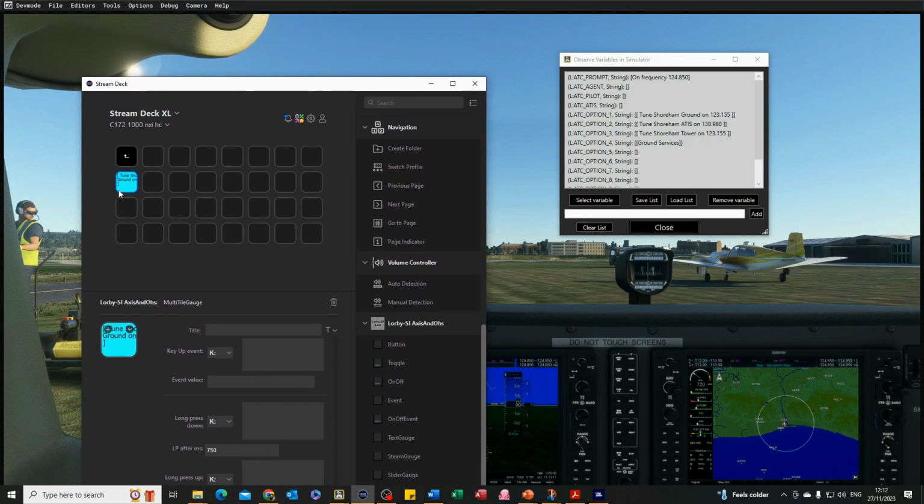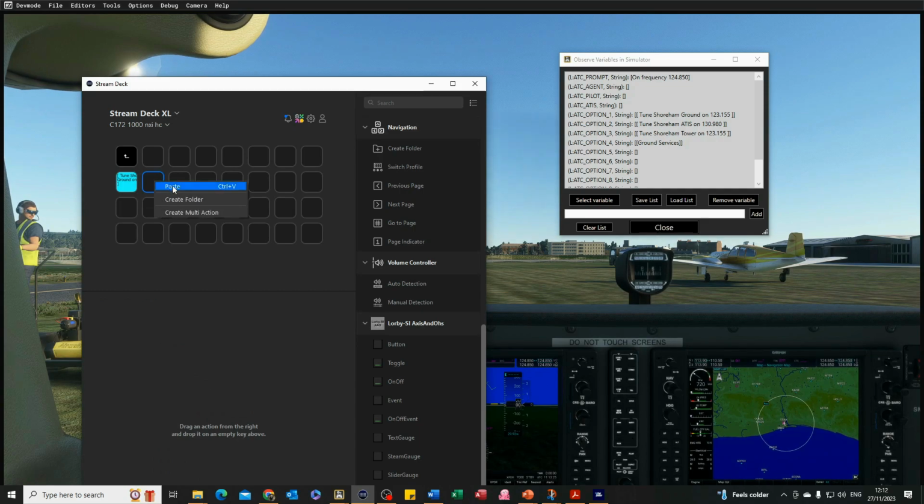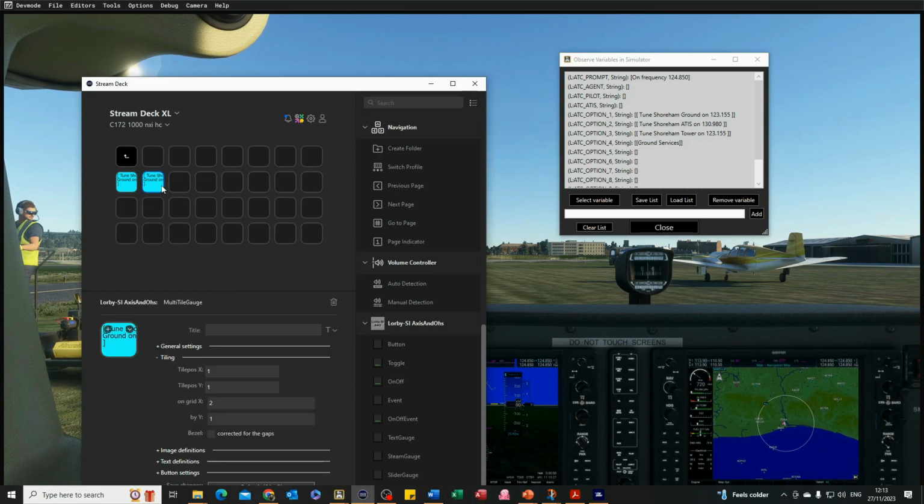So now in theory we've got a working button, but I want to use this second one here. So the best way to do that is to copy that and paste it in here, and you can see it's replicating tile 1. I need to tell it actually your tile 2,